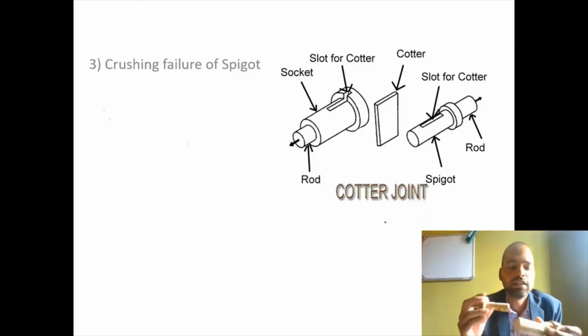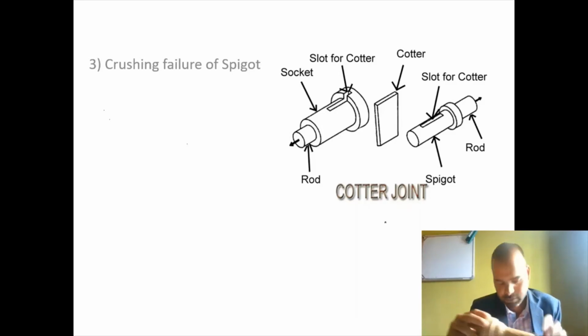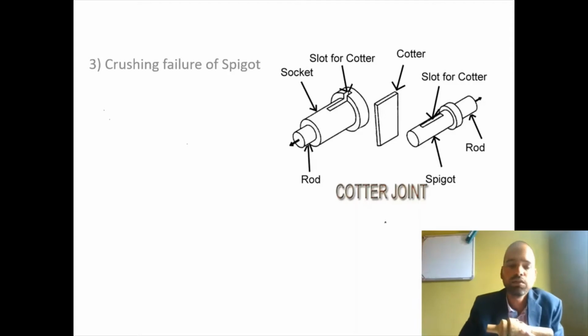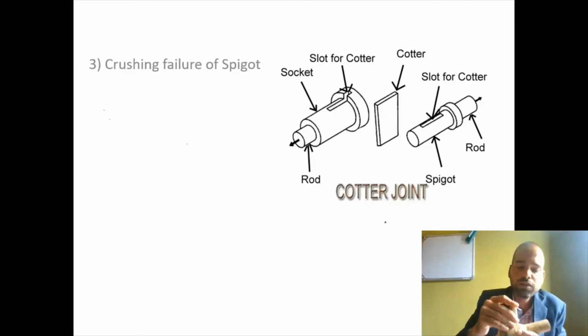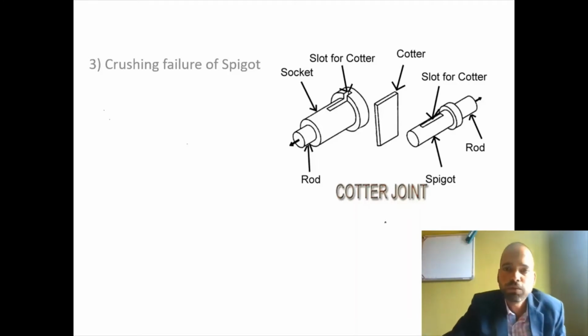Now, how that crushing takes place. So, which are the failure equations we are using in this design? In the design, we are always using the stress equation wherever there is a chance of failure of the component. As far as the spigot is considered, when this cotter is inserted into the spigot and socket joint,